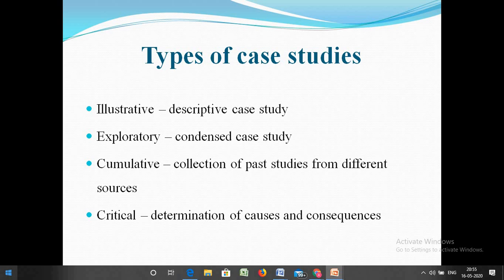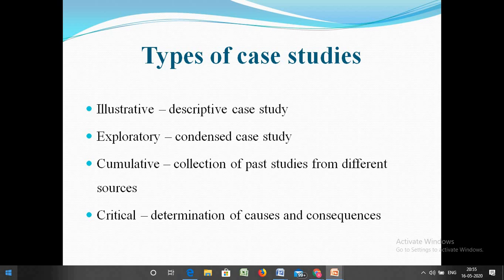And the fourth one is critical. Now this method is useful for determining causes and consequences, and it mainly aims to investigate one or more sources or one or more sites to examine a situation with unique interest and with very little interest in generalizability. And it mainly aims to challenge a highly generalized or